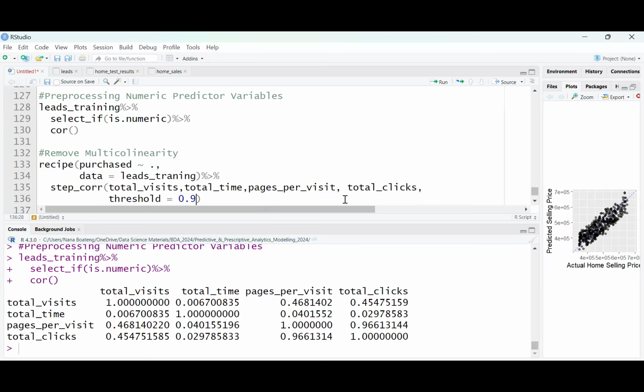We can reduce it to 80. It depends upon you and the context of the work you are doing. So you set the correlation threshold. It is this threshold that the step call is going to use, and if there is any issue of multicollinearity, it will remove that. So let's name this object list